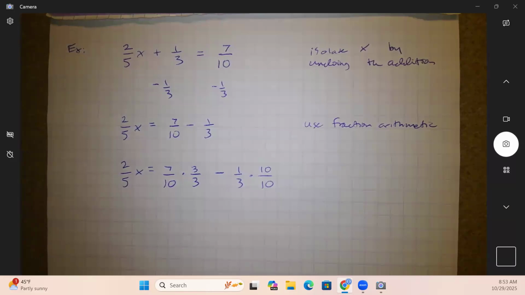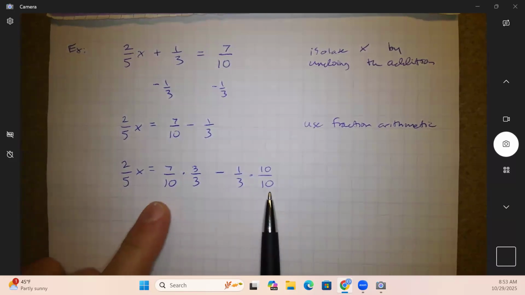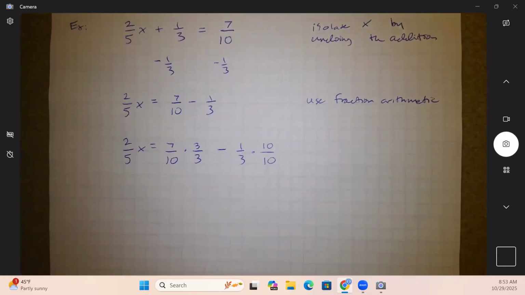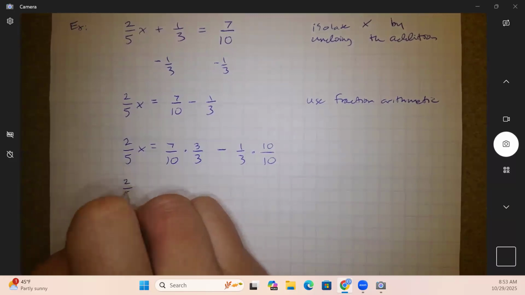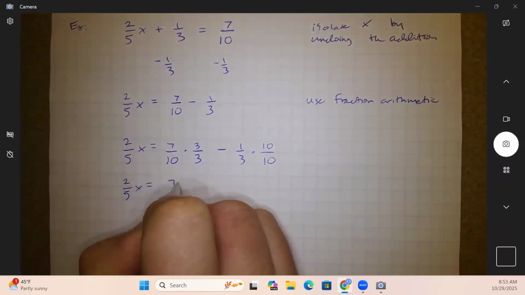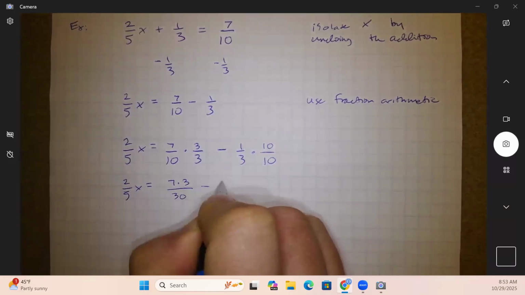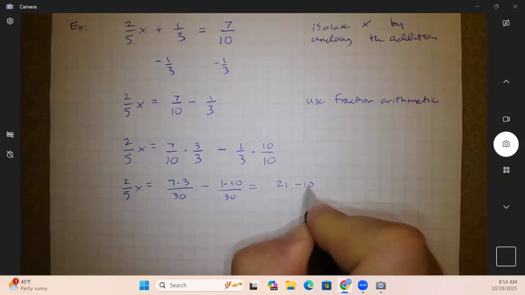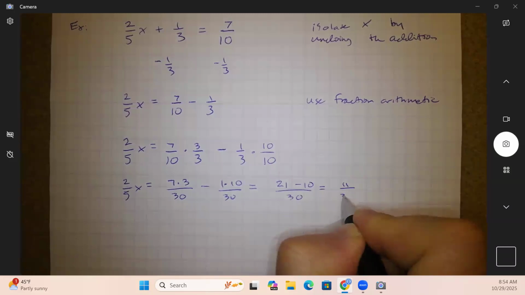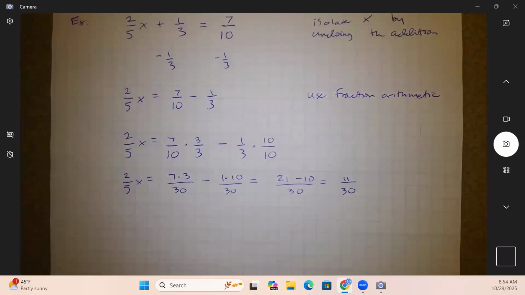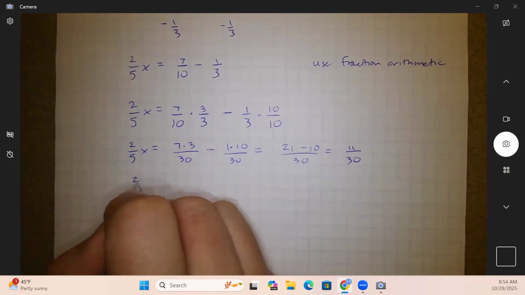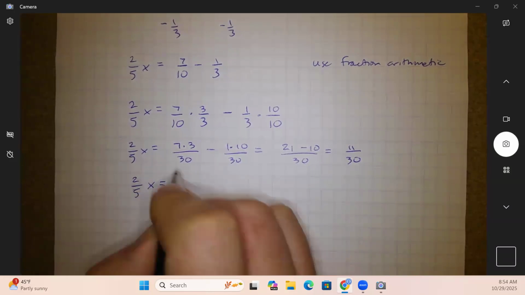You see how what used to be pretty straightforward with integers, you just subtract, now involves a lot more arithmetic as part of that step. That's the added complexity of working with fractions. Nevertheless, we do have all the tools, and with your reference sheet, that's going to be 21 minus 10 all over 30, which is 11/30. Okay. All right,